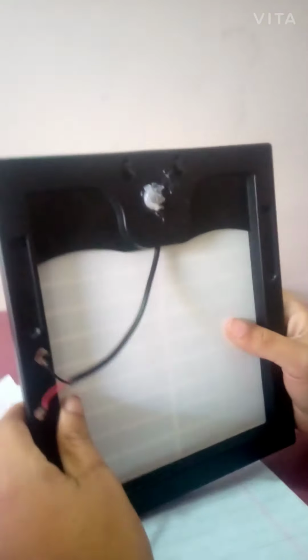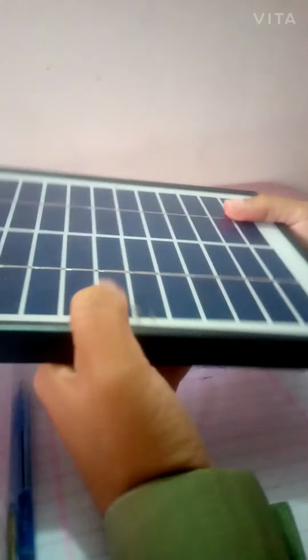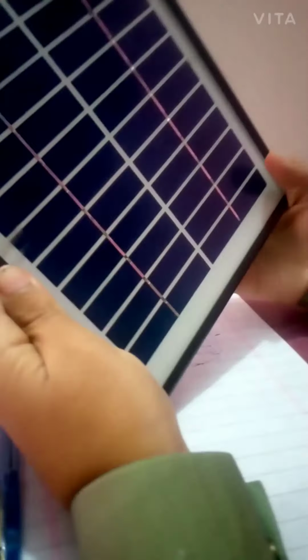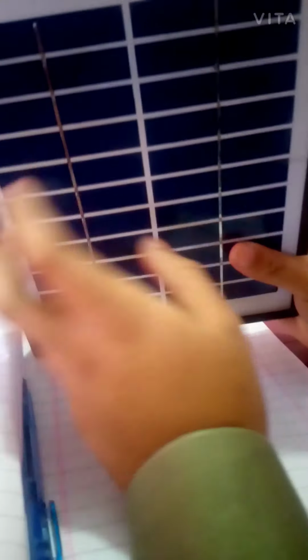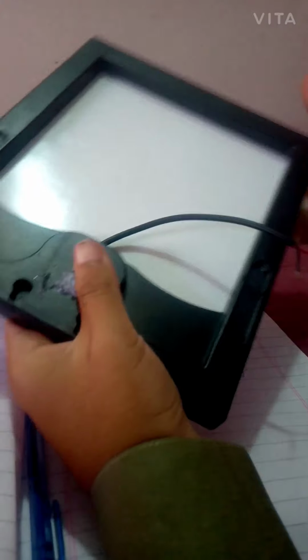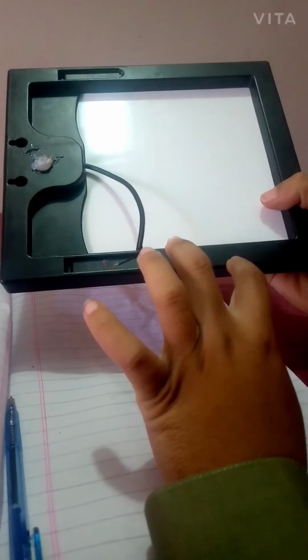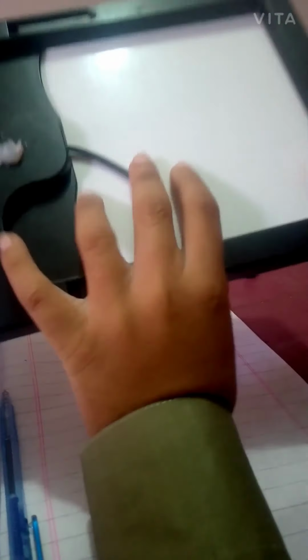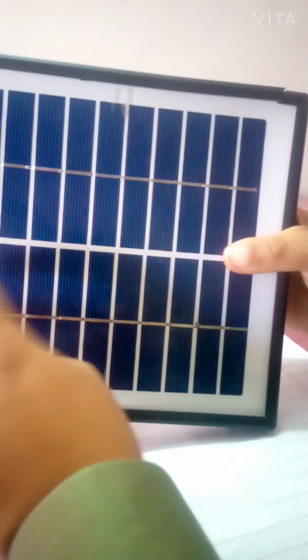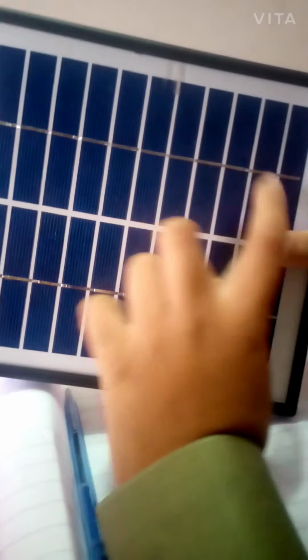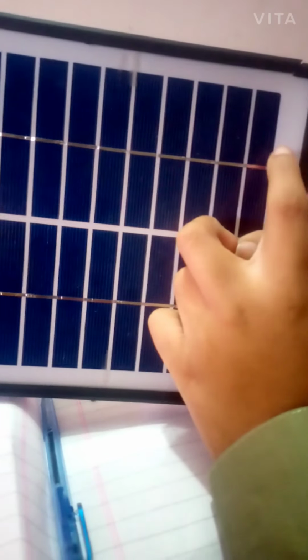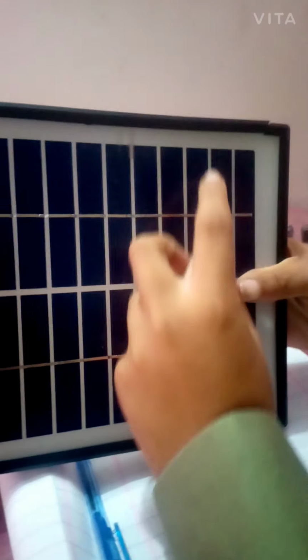And now I will tell you how a solar panel works. Basically there are no special components, just two glass layers. On the back side, if you can see, there is a plastic frame and there is plexiglass, normal glass with some photo cells. This has 22 photo cells. Photo cells are basically made of two glass pieces, indium glass, with some fluorescent material in between.